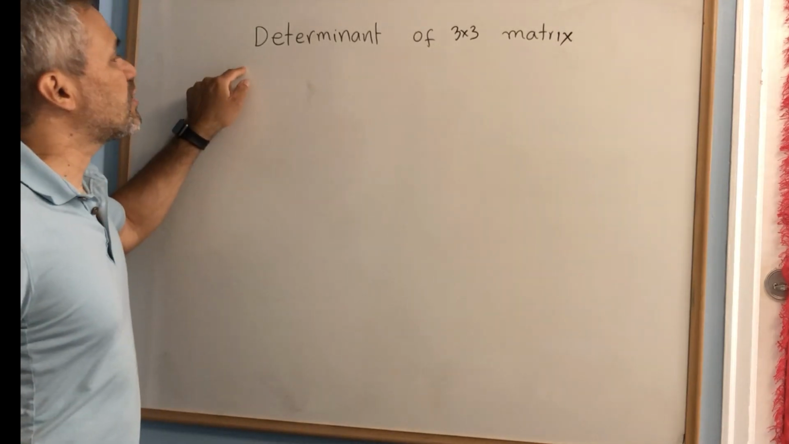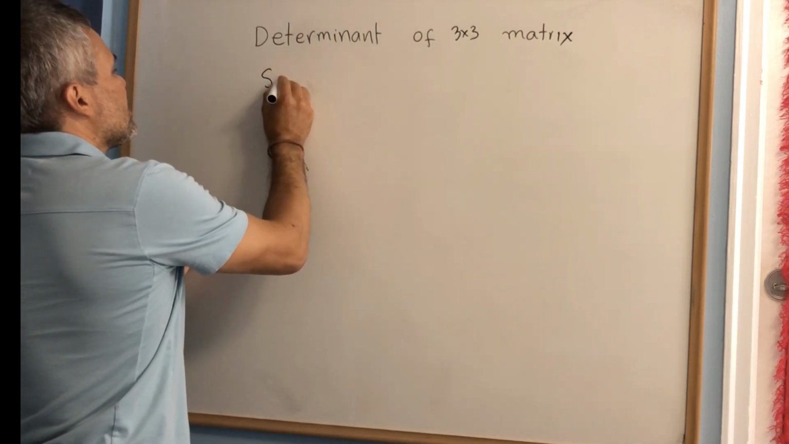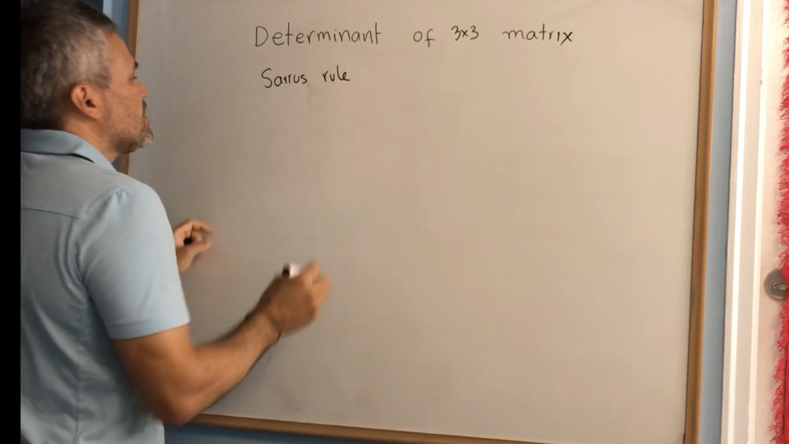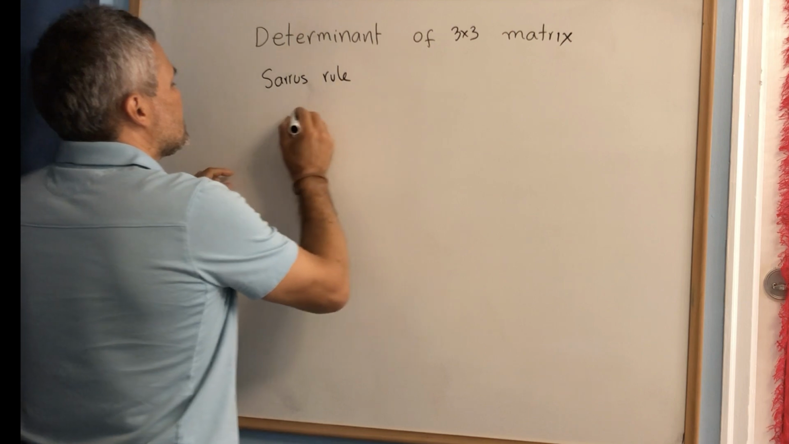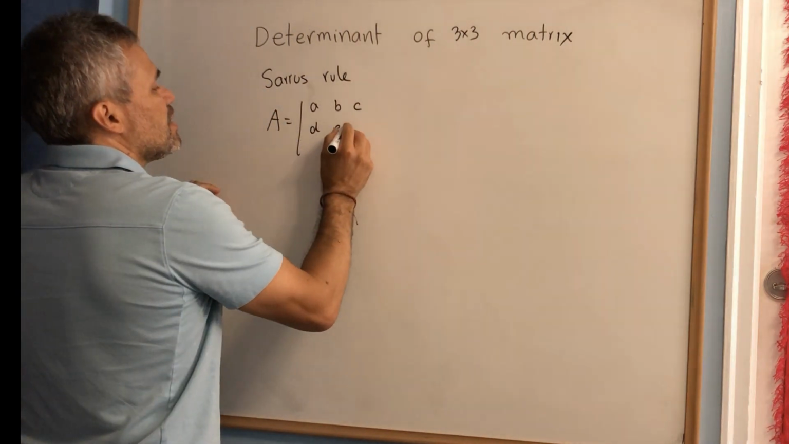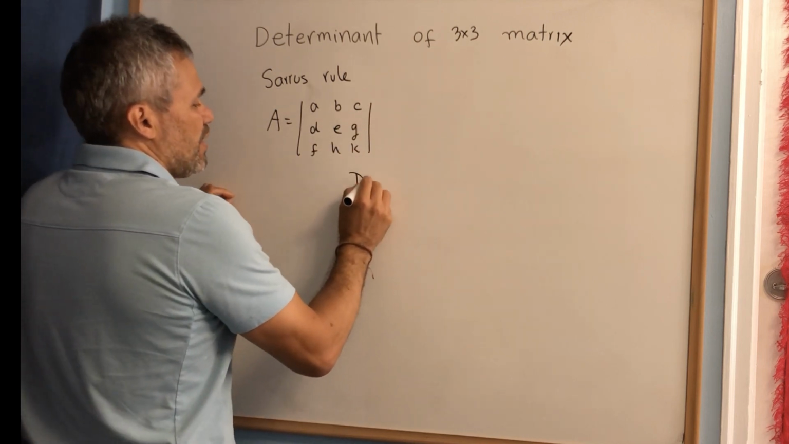In this video, we will talk about the determinant of a 3x3 matrix. Let's start with the Sarrus rule. And this rule says that if you have a matrix like this, A, then to compute the determinant of A,